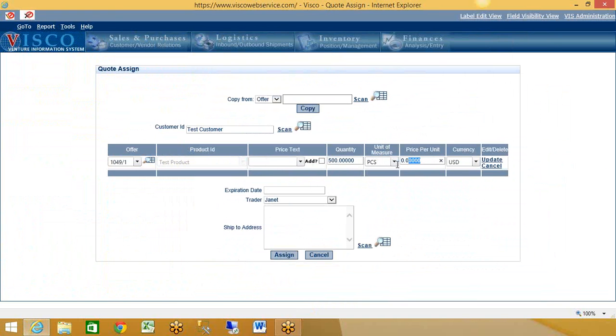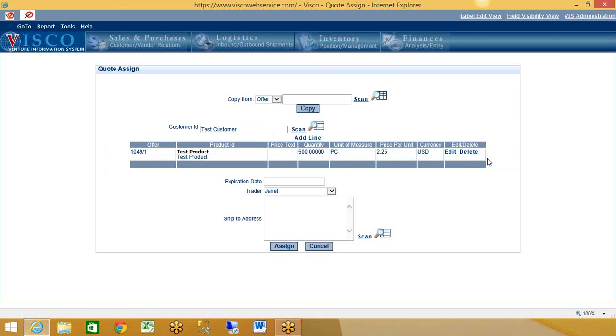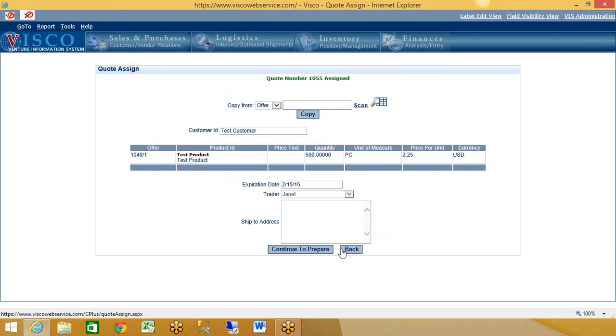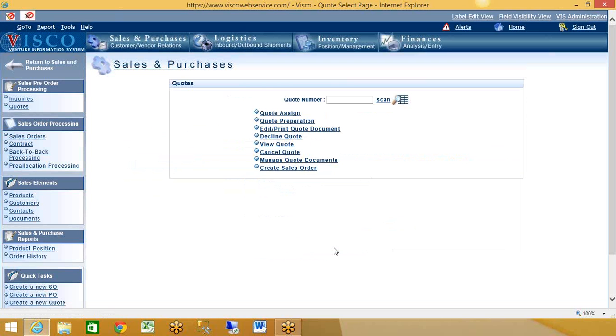So let's say we're quoting the customer at $225. And then if you wanted to, after that, you could add another line and then associate with another offer as well. We'll put an expiration date on the quote as well. Let's say 2/15/15. And we'll assign it. So now we've got a record of the quote,